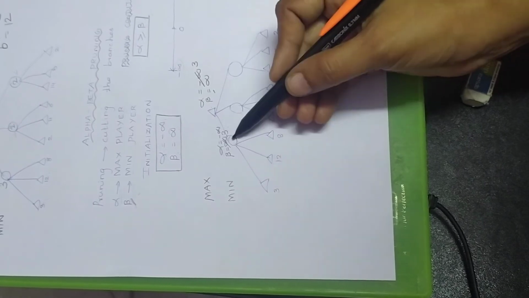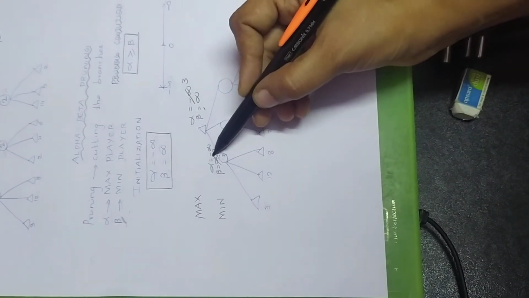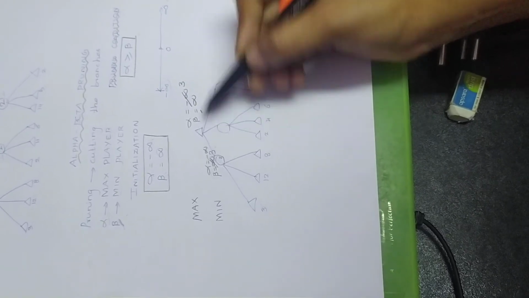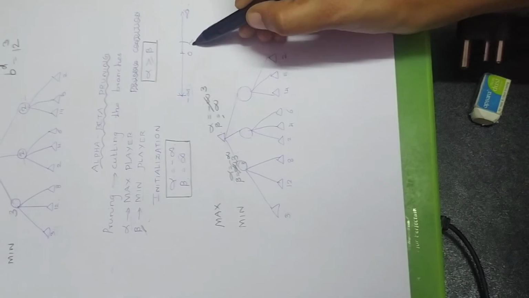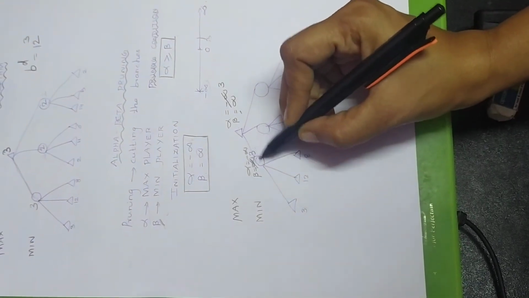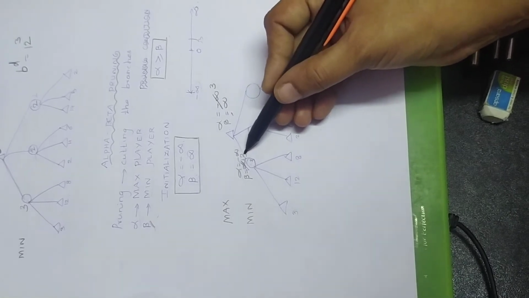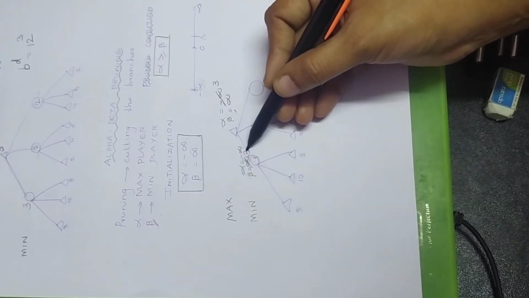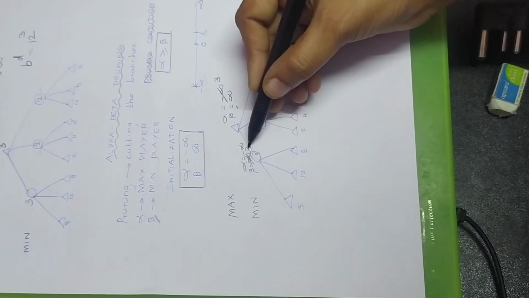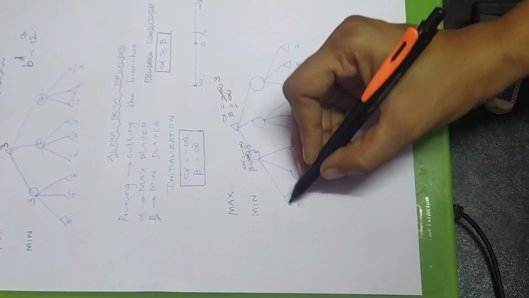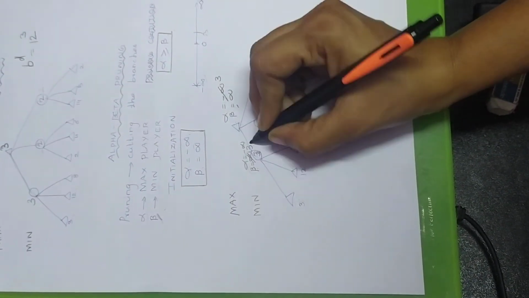First it will check the first child value, so it is 3. So the value of 3 is less than alpha because the value of 3 lies here. Therefore it is less than alpha, we need to change that one. Next we can check this one, 12. 12 is greater, so the value will not be changed. And here again if you compare 8, it won't be reflected. So here the least value is 3, that will be assigned to beta.